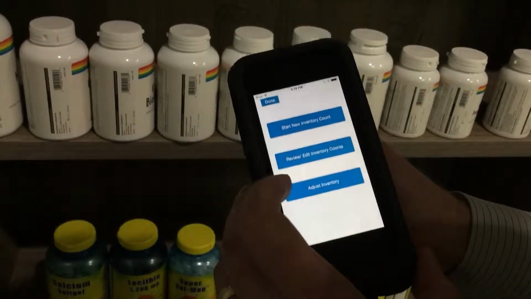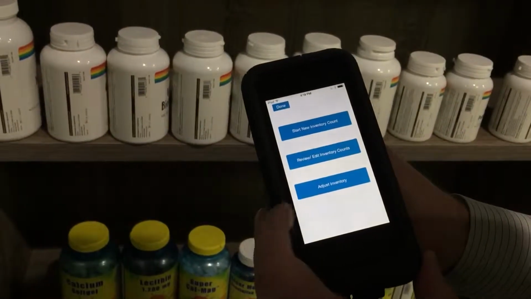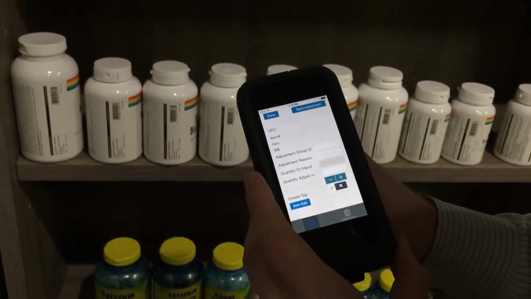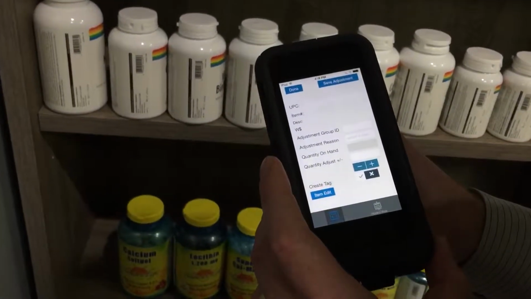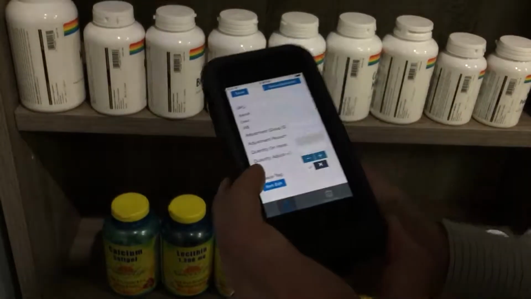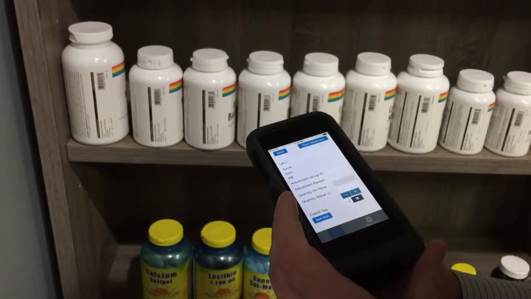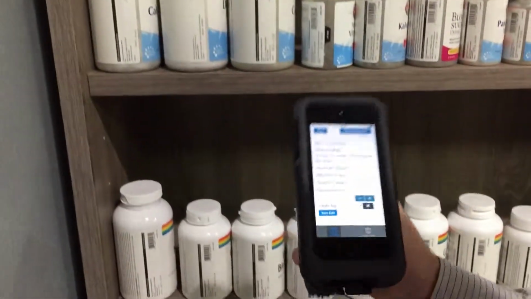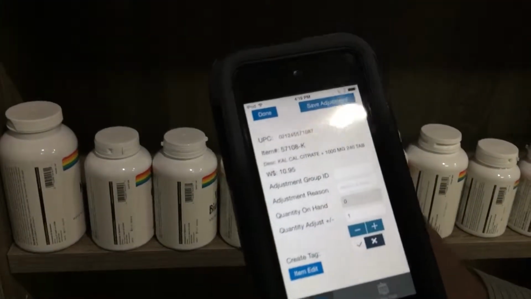So let's go ahead and go into inventory again, and now we can do what's called an inventory adjustment. You would use this inventory adjustment for reasons such as lost or damaged items, or if you're transferring your products to another store. So let's go ahead and scan a product here. So we're scanning our calcium